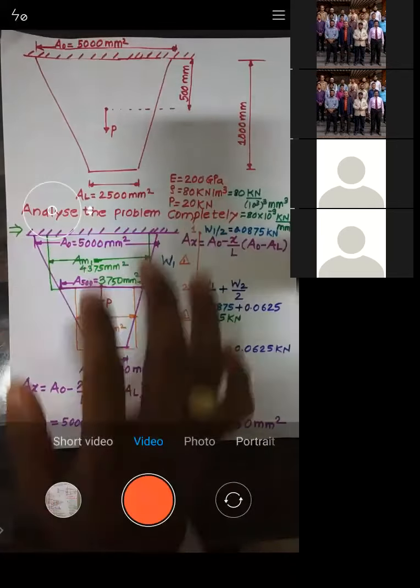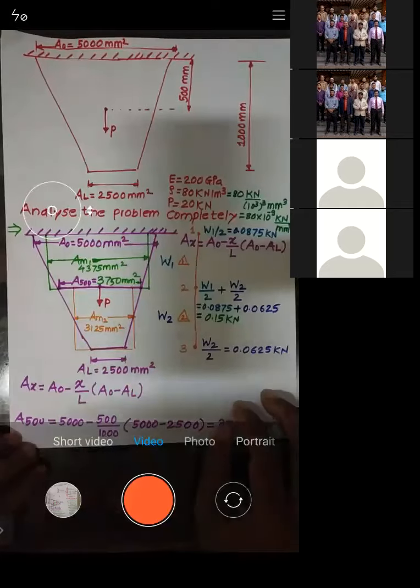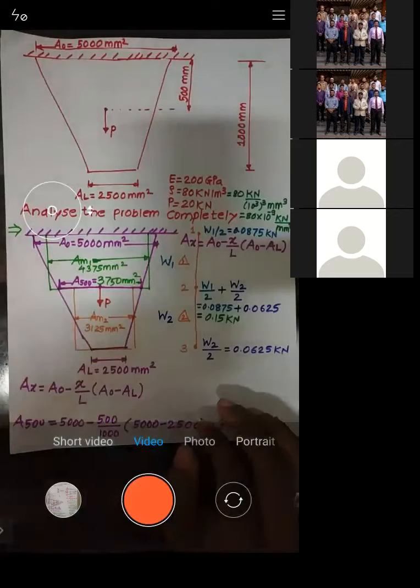Okay, so today we are going to stop. In the next lecture, we will solve the problem of a bar under axial load but with thermal effect, by considering the coefficient of thermal expansion. So today we will stop, and in the next lecture we will continue with the structural analysis, bar under axial load with the thermal effect.